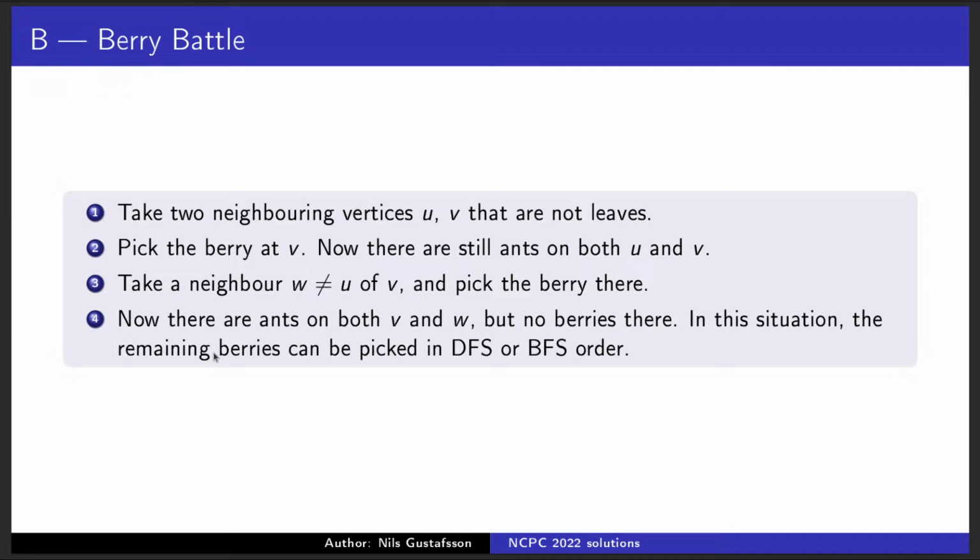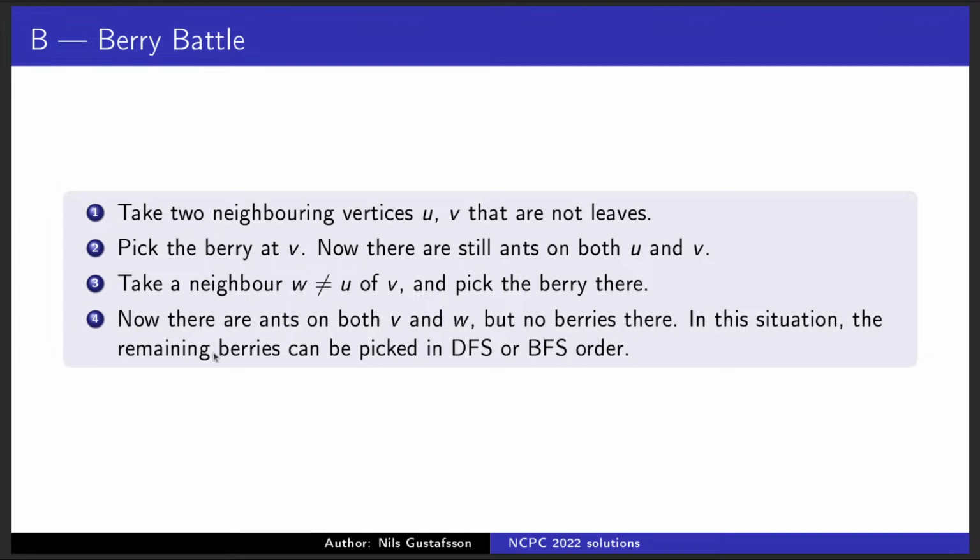And what happens now is that there will be ants on both V and W, but there are no berries on V and W. We have picked them already. And this is a really good situation to be in, it turns out. When you are in this situation, however you ended up there, you can always solve the problem from here. You can take the remaining berries and pick them either in DFS or BFS order, it doesn't matter, it will work. So I think this is the easiest way of doing it,